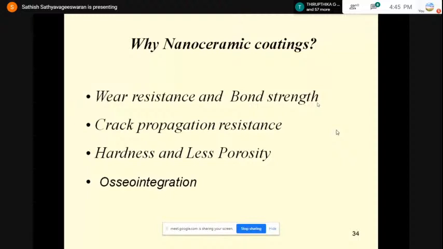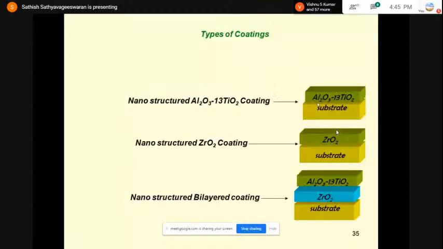And this is the schematic picture of the hip joint. You will have a femoral stem at the bottom, which is made up of either titanium or stainless steel, and a femoral head which is made up of cobalt, chromium, molybdenum alloy. Since the femoral head and the femoral stem are made up of two different materials, there will be a small fretting wear between the two mating parts. So one can propose the entire femoral head as well as femoral stem to be made up of titanium or